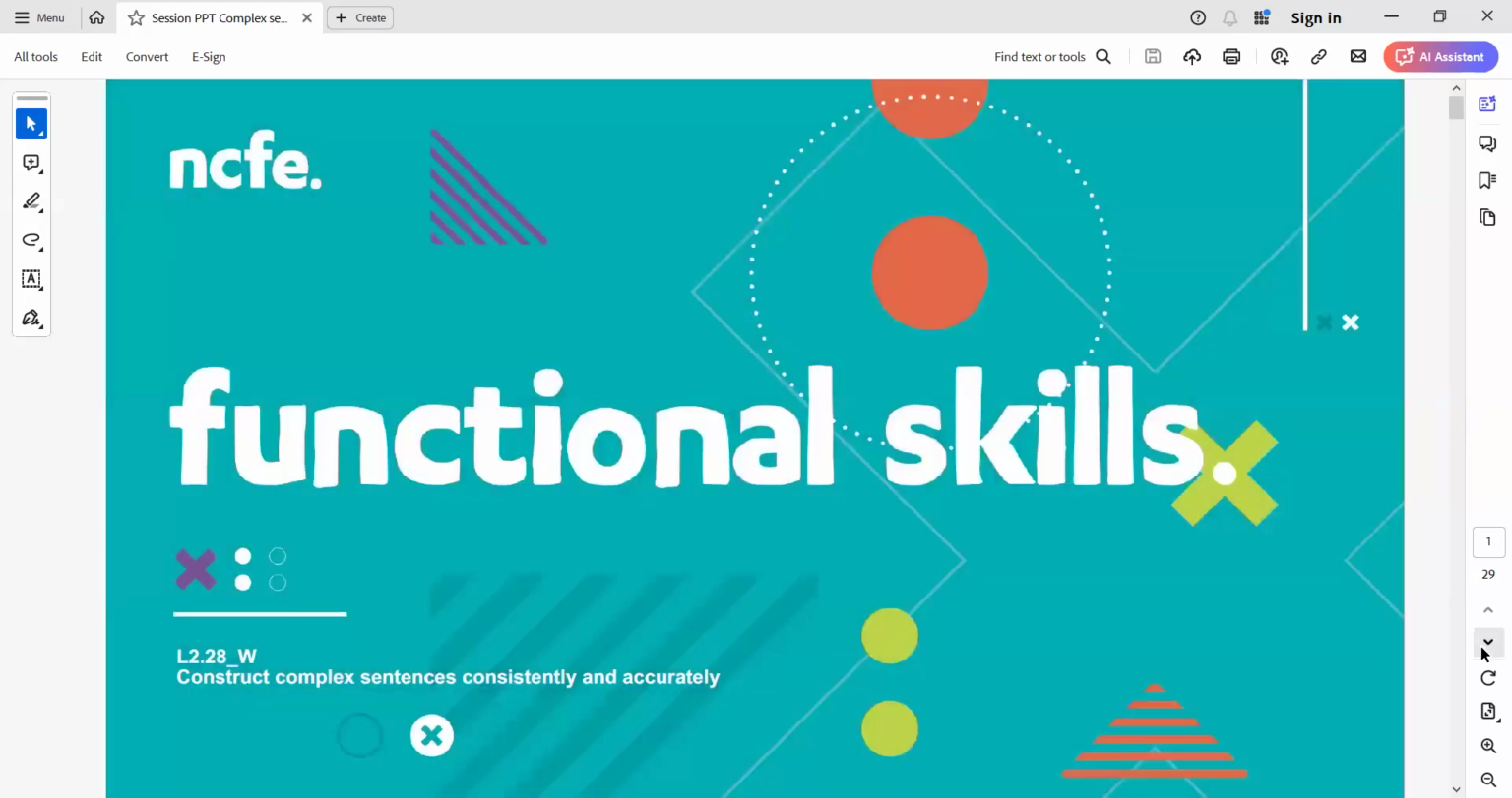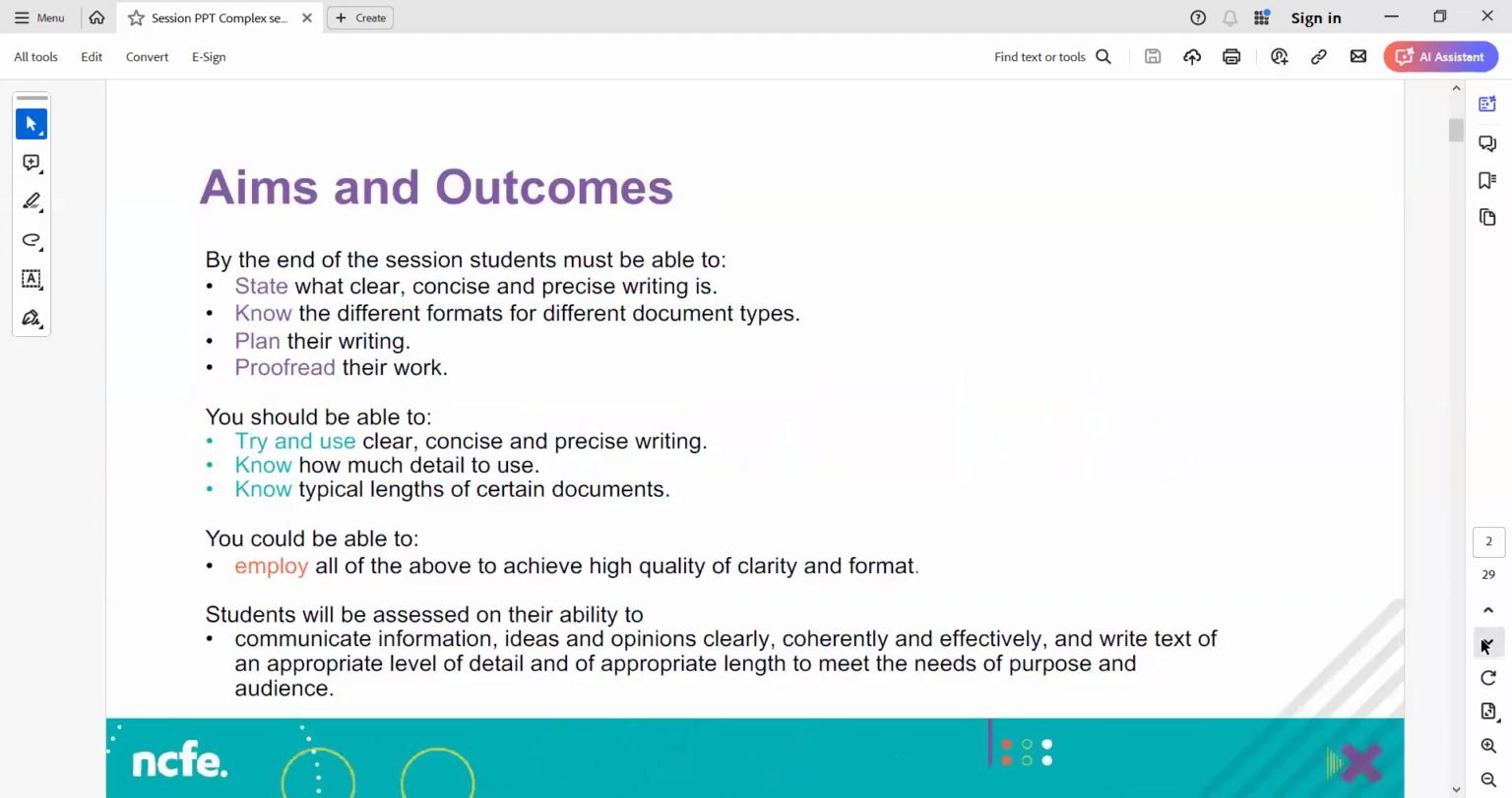We are looking at writing today, and our subject is constructing complex sentences. So these are our aims and outcomes this morning. By the end of the session, you must be able to,